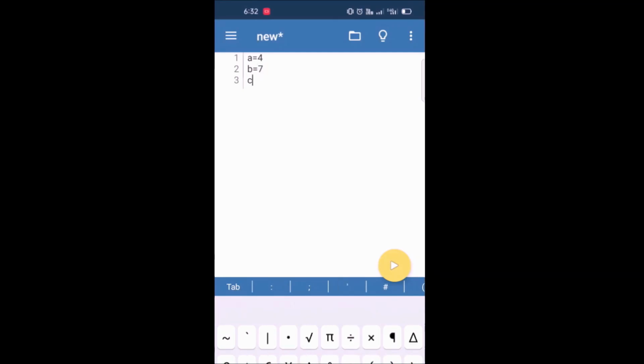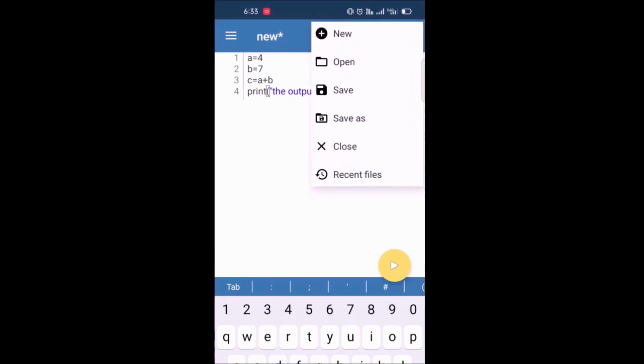I will add these as c is equal to a plus b, and I will print the result of addition. I will use the print function. Print the output is c. Okay, so after writing this program, you can save it by clicking over the folder option.